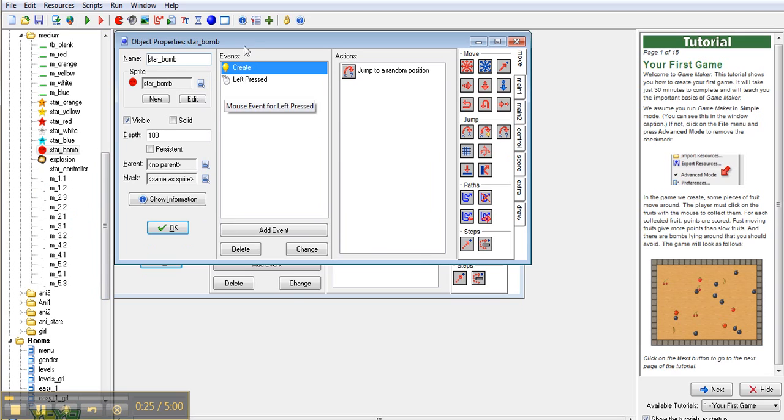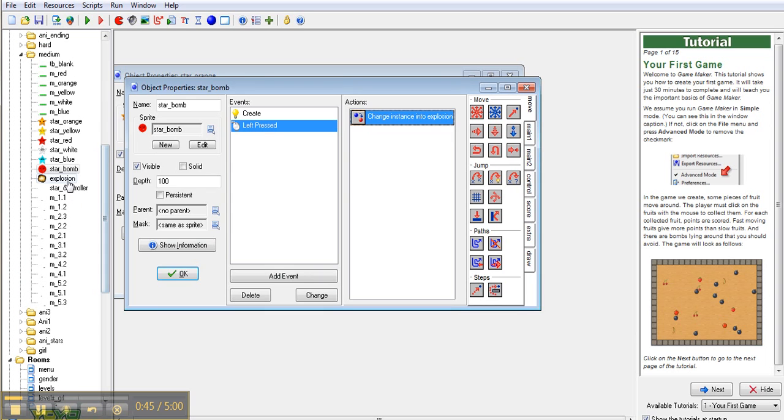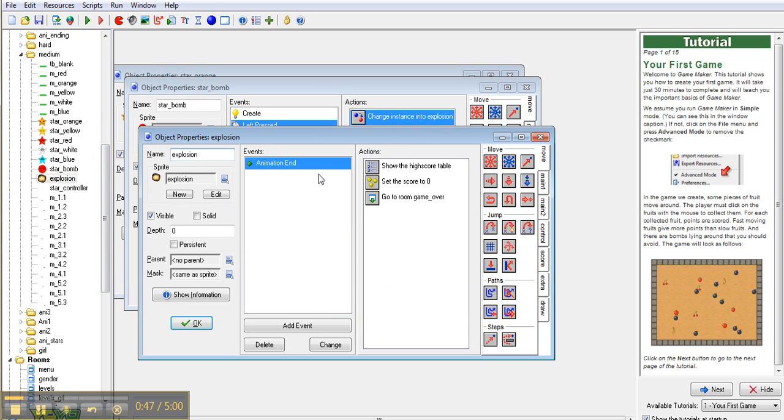There's also an object called star bomb. Basically, this object keeps on appearing after a certain amount of time, and if one waits too long or takes too much time in trying to open up the questions, the screen will be too filled with these bombs to actually click the stars. When this bomb is pressed, it will change into the object of explosion, and when the animation for the explosion ends,